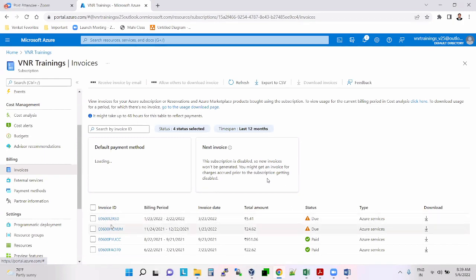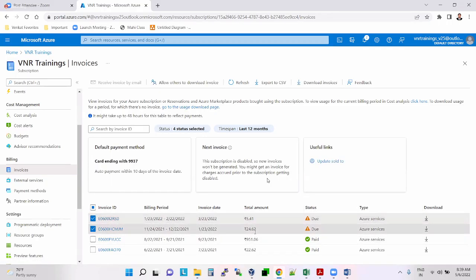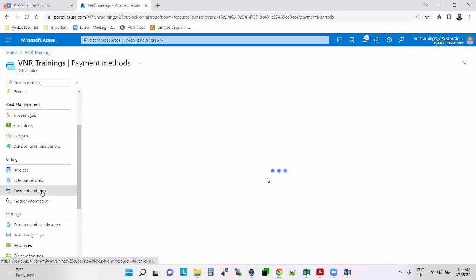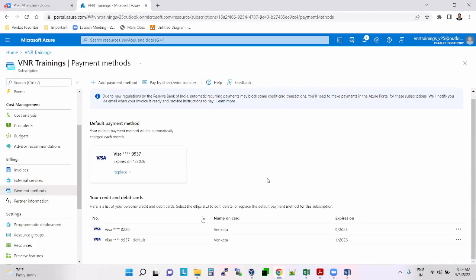I didn't make the payment. Make the payment. Looks like my card is expired, that is the reason. No, I'm not using this card.